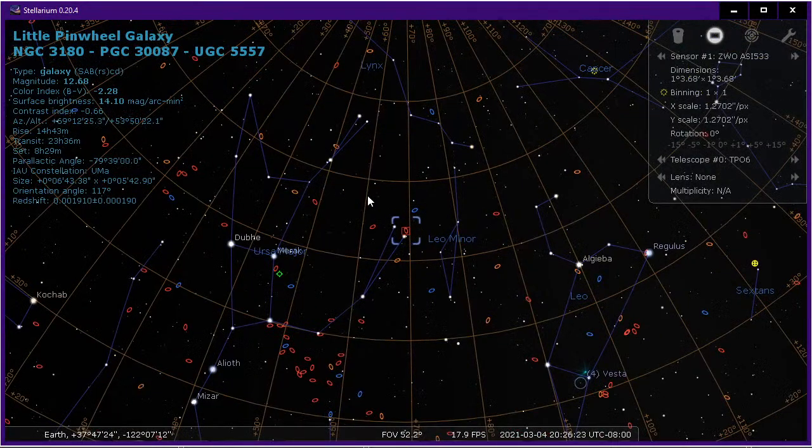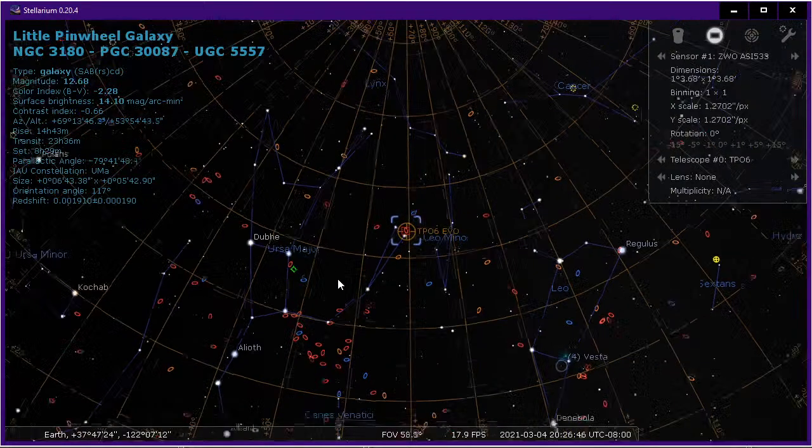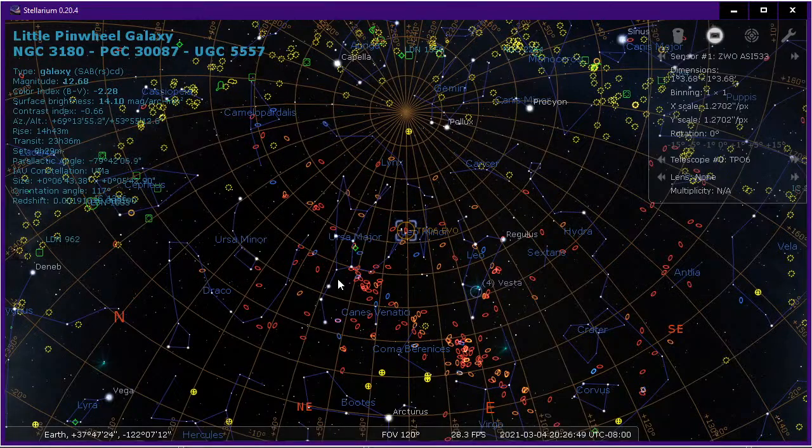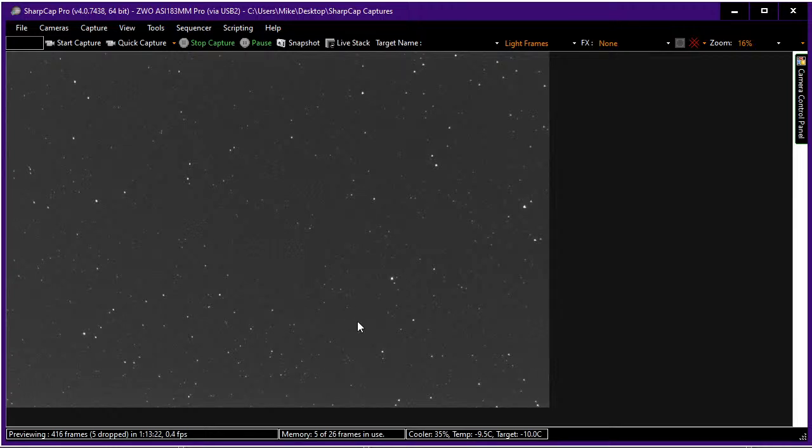Wow. Oh, the scope is going almost upside down here. That's pretty interesting. Stuff that's right around the pole is tough. Whoa, I might not be able to get... This might actually be too low. Well, I'm seeing stars. Wow, that is kind of going at a...